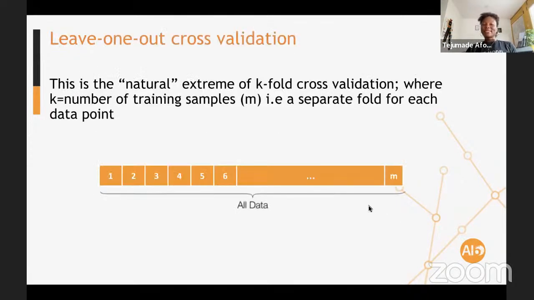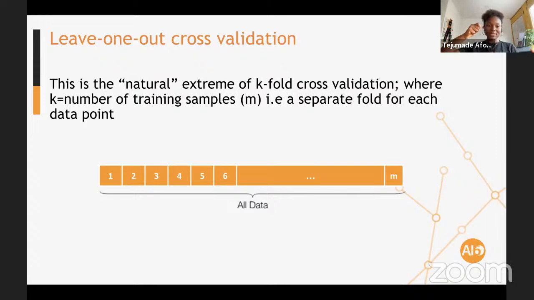Okay, so there's another technique that you would also see being used, maybe not as common as k-fold, again, due to computational reasons. It's called leave-one-out cross-validation. You can think of this as the natural extreme for k-fold, when your k equals the number of training examples that you have. What does that mean? So every time you want to train your learning algorithm, you train with all of your samples but one. So you validate.